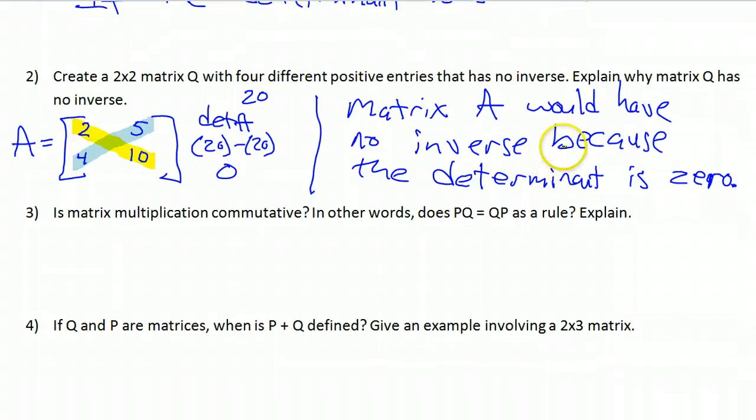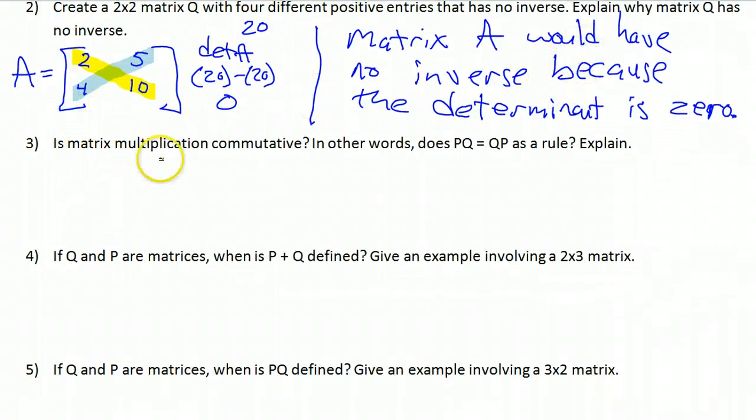Number 3. Is matrix multiplication commutative? In other words, does P times Q equal Q times P as a rule? Explain. No. Matrix multiplication is not commutative. P times Q does not usually equal Q times P. For example,